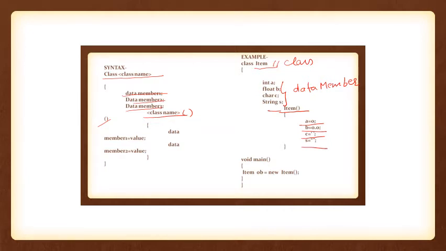Here is a main. When we create an object, the constructor is automatically called at the time of creation of the object. No need to call like this ob.item, it's wrong. All functions you can call with the help of what? The object. But constructor we can't call with the help of object. It is called at the time of creation of the object. So whenever you create object, here you see the name of a function and name of a class is same. So this function is what? Constructor.